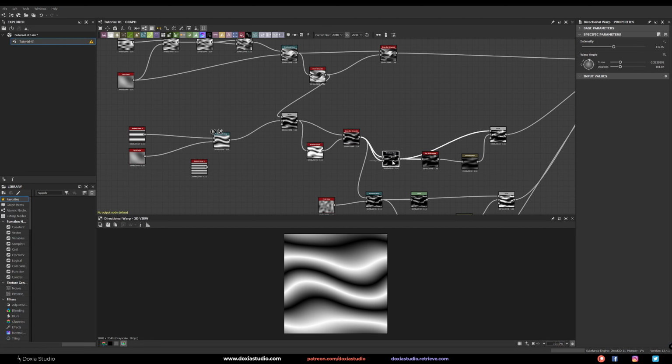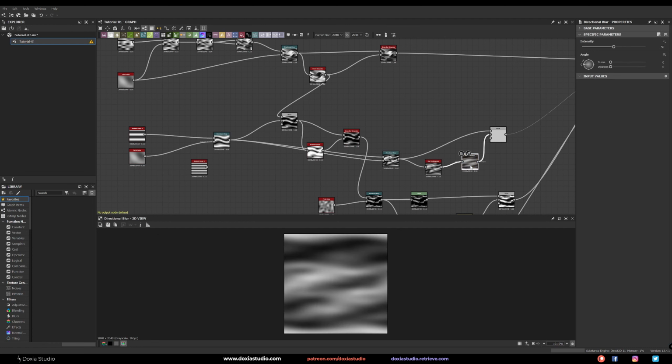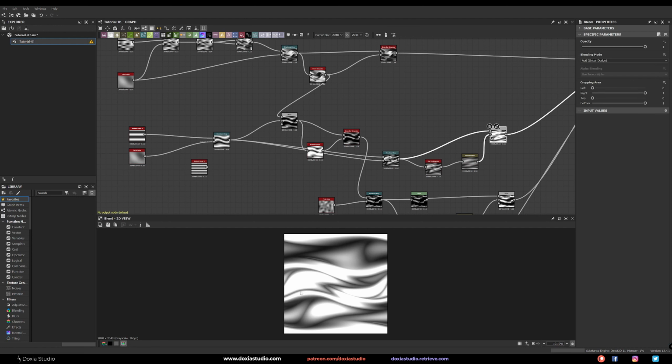So what I did here was I had this linked here. And I was trying something like blur, directional blur, and then I was getting a lot of white. Even with the levels, I could not get those black strips that I wanted. So this node was really close, so I was like, let's try something.